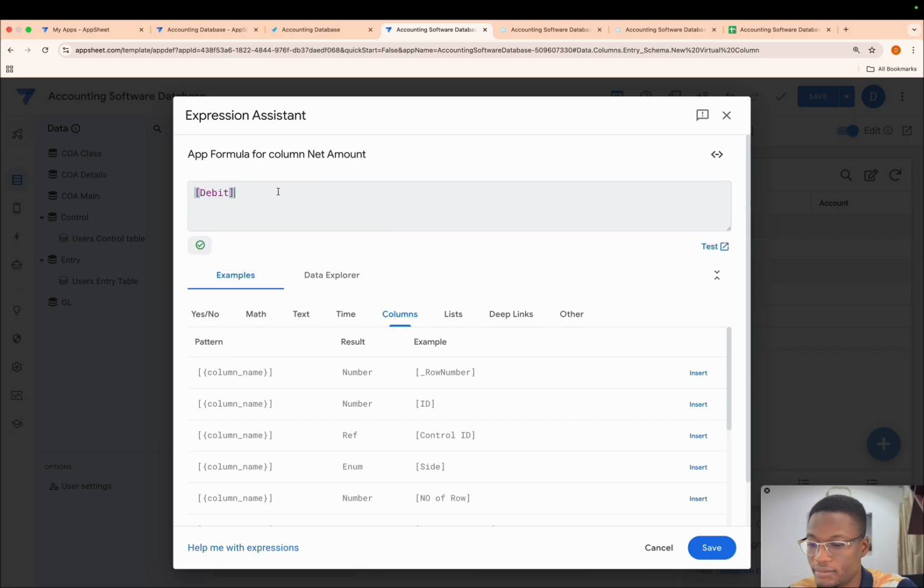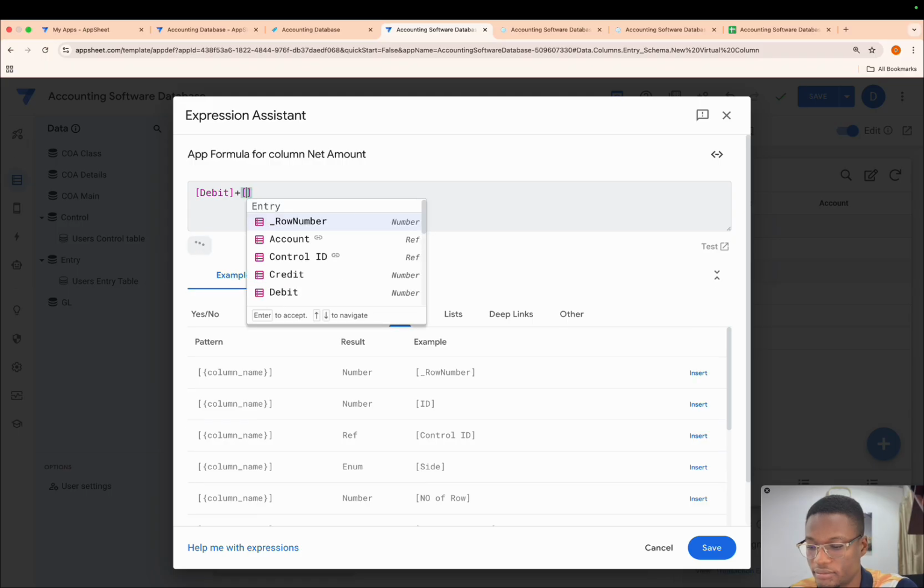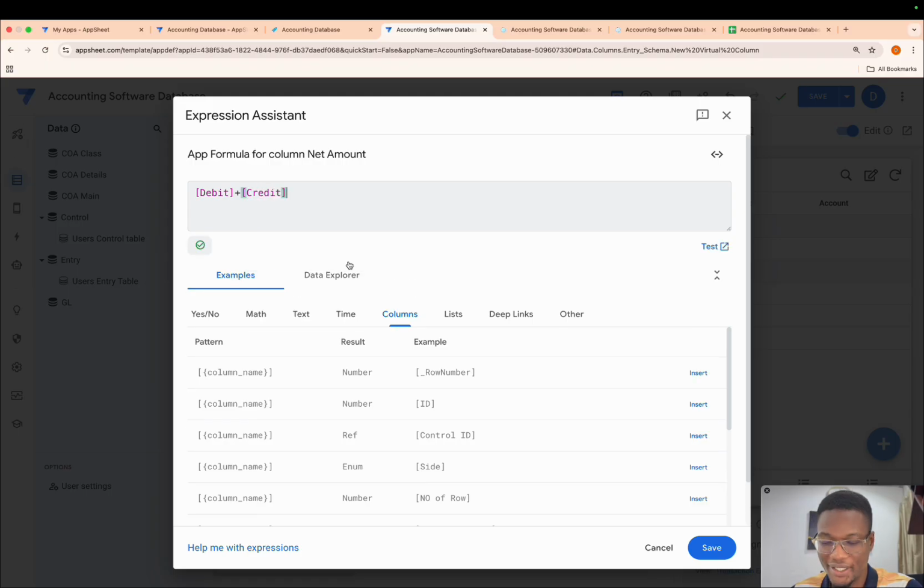Okay, plus credit. I know it doesn't make sense why you added the debits and the credits, but you remember what we did? We did initially that the user cannot debit and credit at the same time. So it's either going to debit or credit. So at the end of the day, we're going to have only debits and only credits. So the net is going to bring the two of them together. So we'll have the total of that.